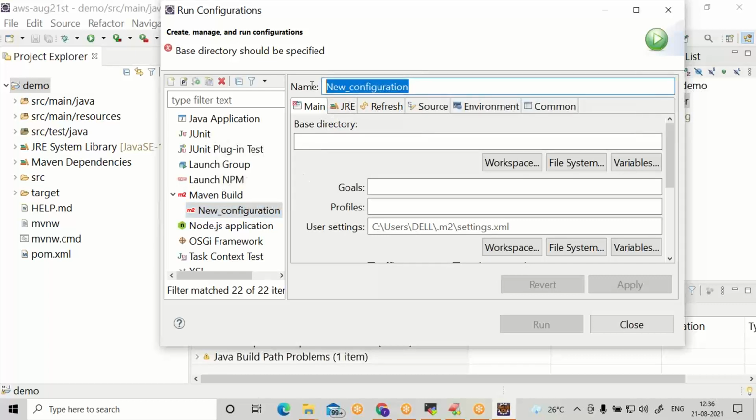You can change the new configuration name, something like demo app build. I'm changing the name as demo app build. Now come to the base directory.